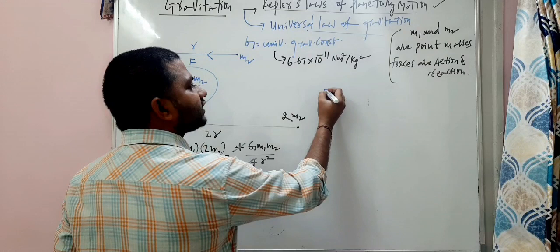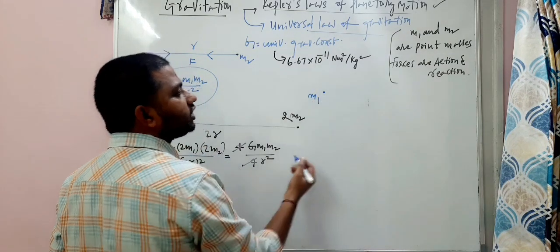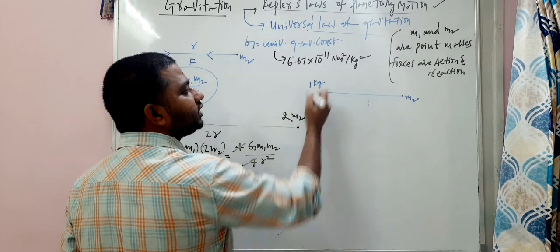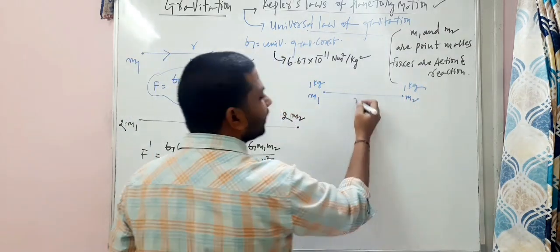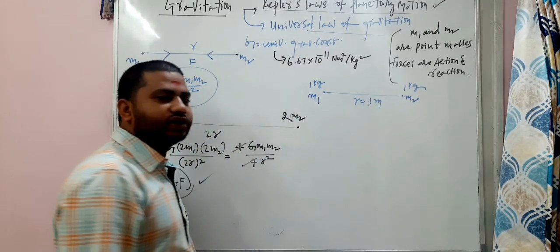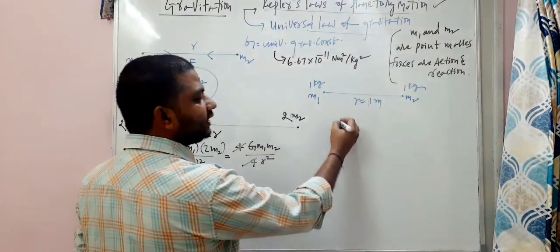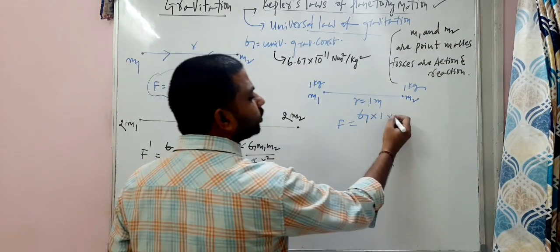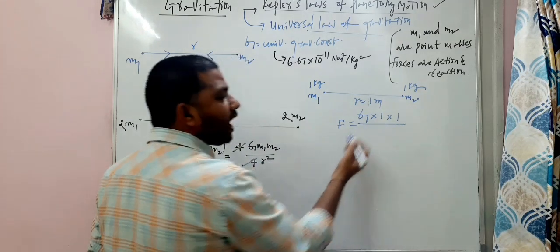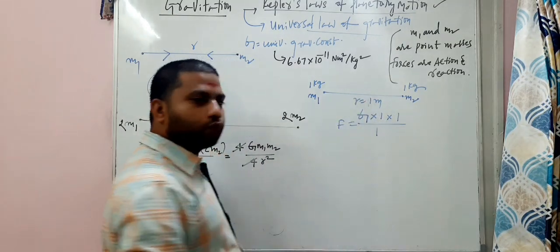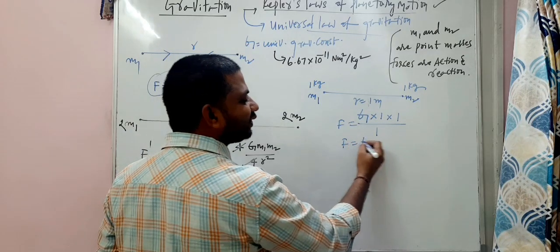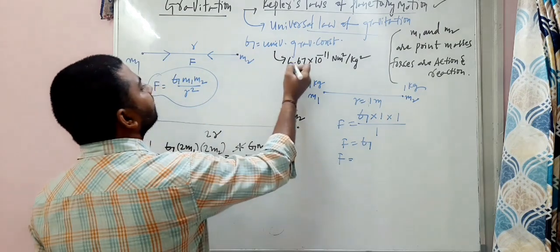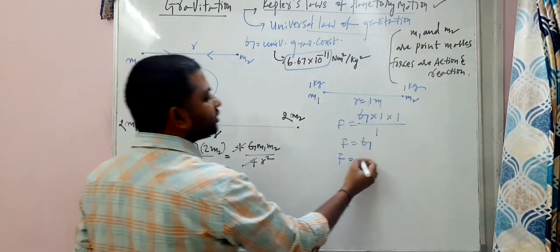Alright, coming back to one more point here. Just now we discussed the formula F is equal to G m1 m2 by r square. Imagine the first mass is 1 kg, the second mass is also 1 kg and the distance between them is 1 meter, my dear students. Then F is equal to G into 1 kg into 1 kg divided by 1 square, which is 1. So what we have got is F is equal to G. So this is the magnitude of this G.